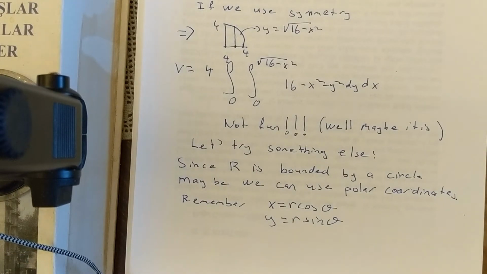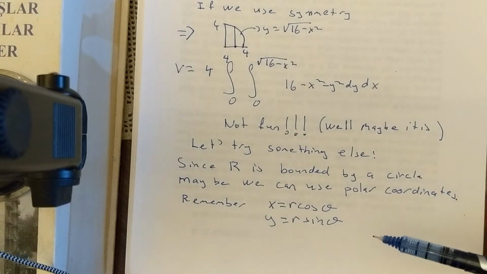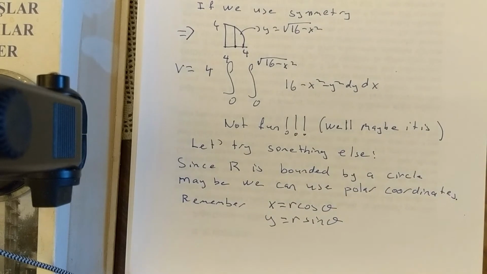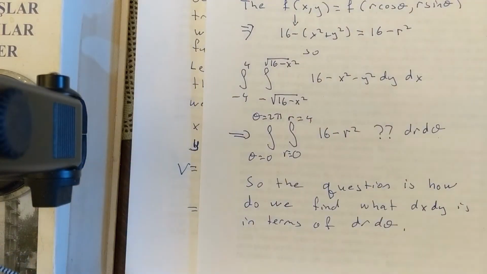So what I'll try to do is, since R is bounded by a circle, and the surface we're dealing with is very circular, it's a paraboloid, I'll try to use polar coordinates. Now remember the polar conversions? We had x is equal to r cosine theta, y is equal to r sine theta, okay? So if we do the math now,